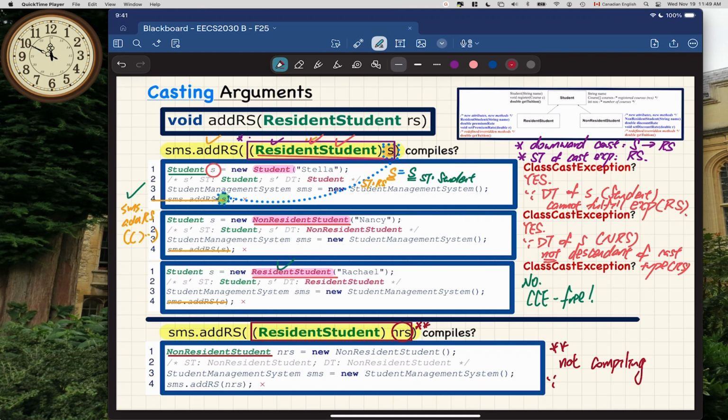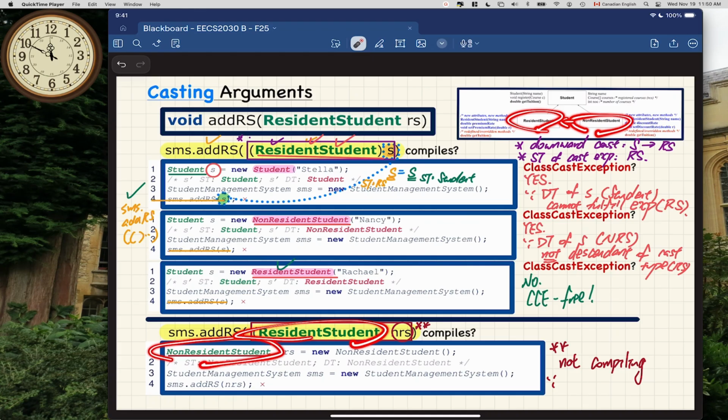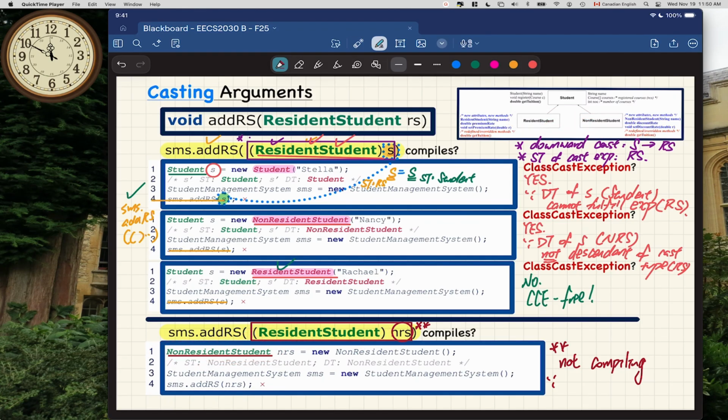So you're basically casting from non-resident student to resident students. It's neither upward nor downward cast. All right? So this example here, try to study them more carefully because it really goes across multiple